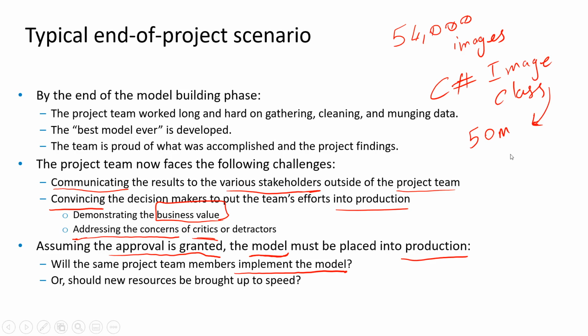But that was just for one epoch. I wasn't even using neural networks, just one pass over all the images. So just by changing the library from that to Emgu CV, which is the C# version of OpenCV,